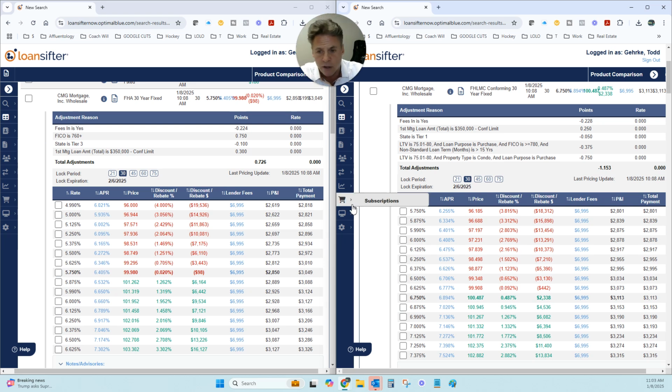So when I'm looking at the two loans, now keep in mind, why do people not like FHA loans? Because they have mortgage insurance. But what I'm going to explain to you is the mortgage insurance is 0.5% on the FHA loan, and the FHA loan has a much lower interest rate. So when we look at the total payment back and forth, let's just look at this. At an FHA loan, this is today, you could get a 5.75% interest rate, and it's going to cost you $98 in a discount point. The principal and interest is $28.50 with the mortgage insurance. You're looking at